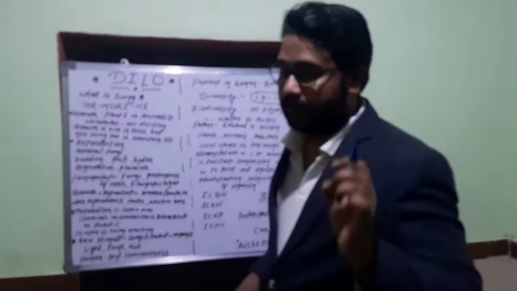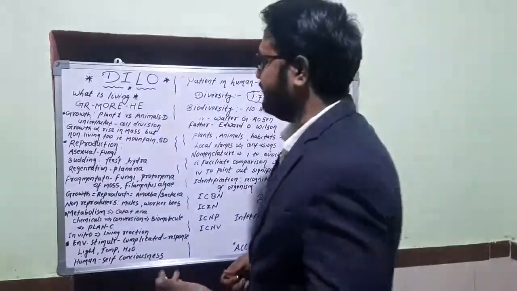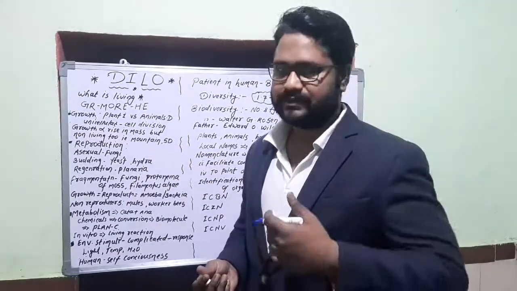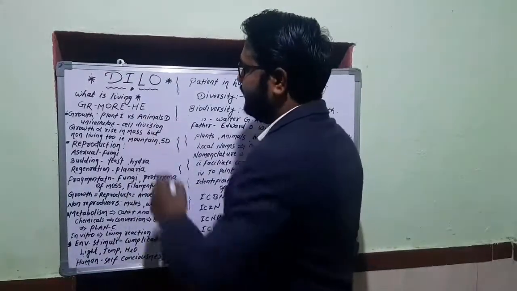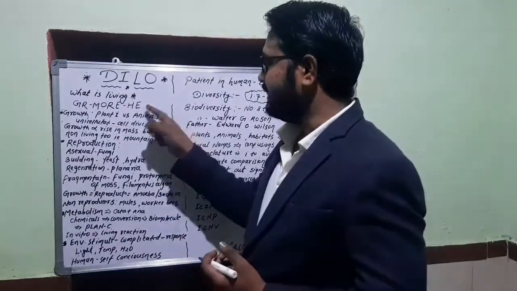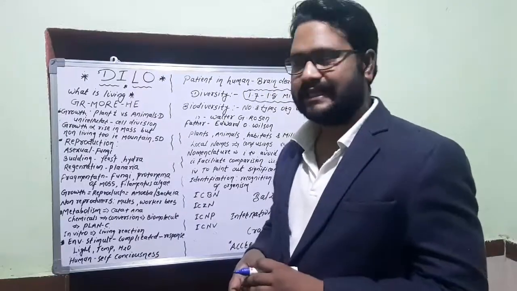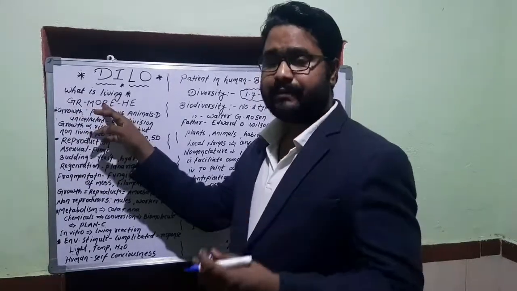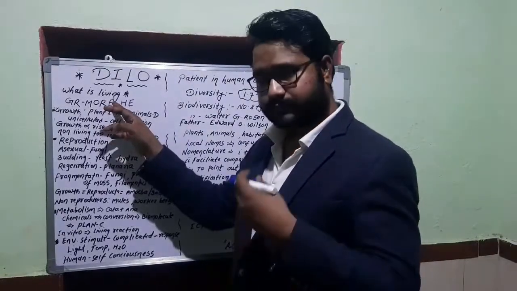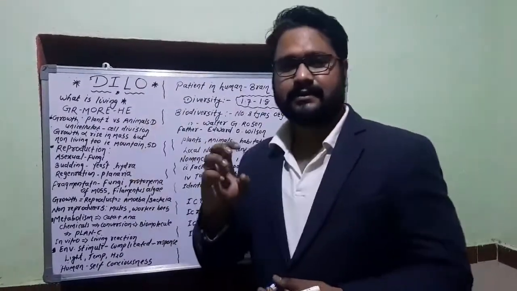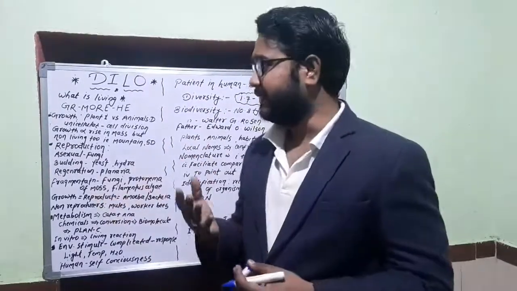Remember, G for growth, R for reproduction, M for metabolism, O for organization of the organism, R for replication, or you can put the term respiration also. You can add any character you want to remember. E for evolution, and then H for homeostasis, and once again E for environmental cues, response to environmental stimuli. I'll rewind one more time. Growth, reproduction, metabolism, organization. You may consider respiration or replication, and then evolution, homeostasis, and response to environmental stimuli. Okay, so these are the characteristics which differentiate a living thing from a non-living thing,